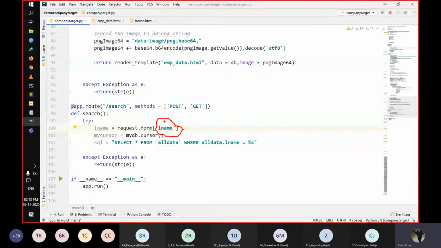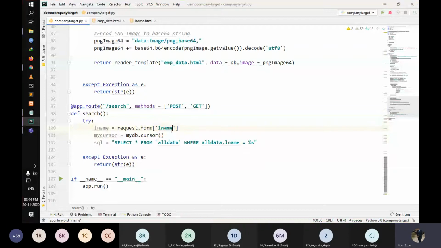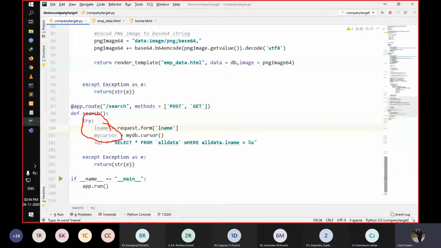This lname we have to assign to the name of the text box that we will create in the HTML file. We will use this later. Whatever value you enter in that text box, from this name lname, it will go to this variable lname.